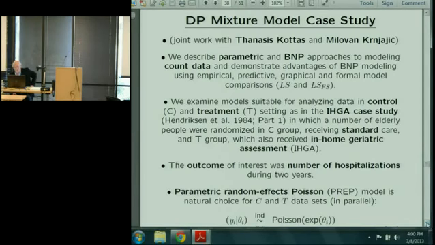I'm going to go fairly quickly through the remaining material in this thing. It does relate to things we've talked about already, namely the in-home geriatric assessment case study. But I do want to get back to the main line because I want to start talking about one of the main concepts that we'll be speaking about next week, namely this Bayesian cross-validation approach that I call calibration cross-validation,